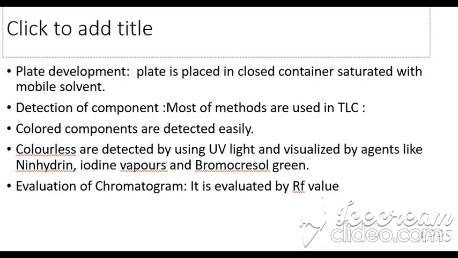But some other methods, chemical processes, can also be used. You put your slide in the acids, dry it, take it out from the acid, dry it, and place it under UV. Your spots are darkened and become visible to the naked eye. There are many other processes, for example, ninhydrin for the amino acids, iodine vapors. All these spraying agents are used to visualize the colorless components or colorless spots, and then placed under the UV light. You can easily detect them by these three methods, physical methods.